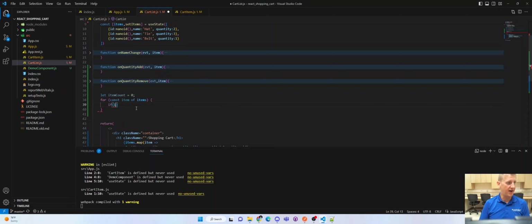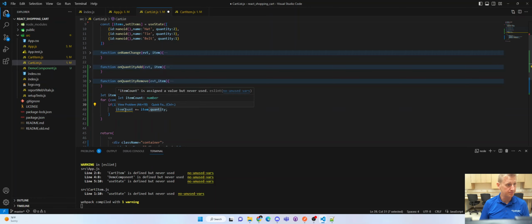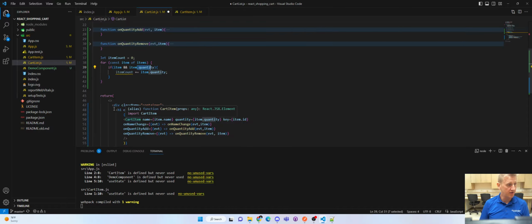We say basically if item is truthy and item has a quantity, then add that quantity to our item count. So this is what's called an accumulator. Item count is an accumulator. You start it off at 0. You loop through your items and add the quantity to your accumulator. And then we get to use that accumulator